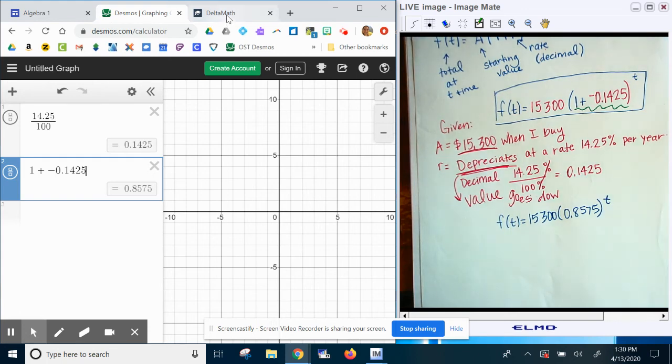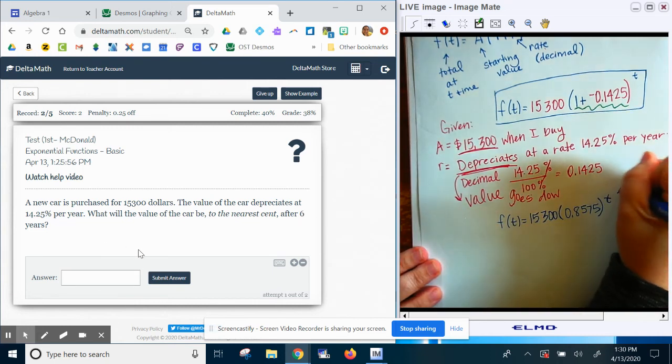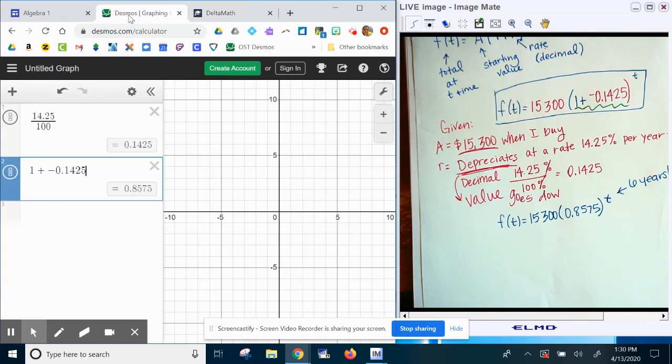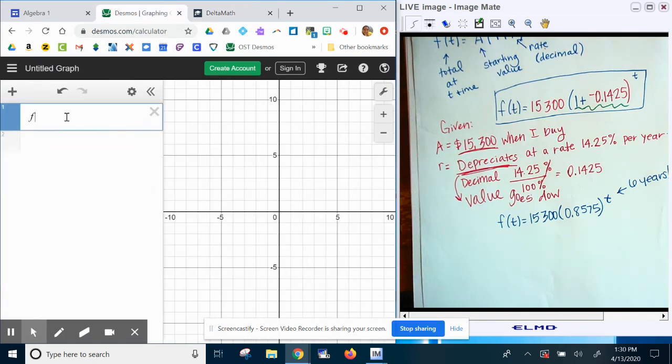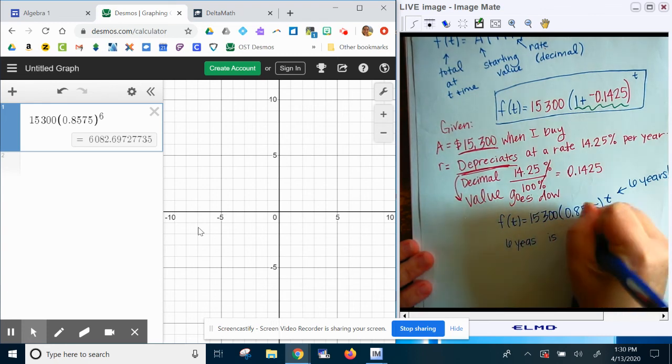Now, I didn't answer my question yet. The question said, what will be the value of the car to the nearest cent after 6 years? So this time I know I got 6 years. Instead of putting this into Desmos with a t, I'm going to put it into Desmos with a 6 for t: 15,300 times 0.8575 to the power of 6. Now, if I get rid of this part right here, it will actually do it for me. So the value of the car at 6 years is